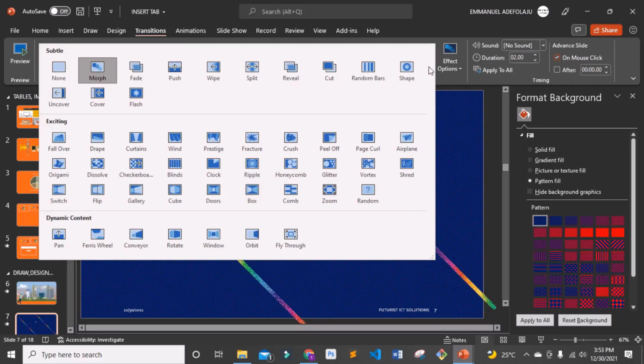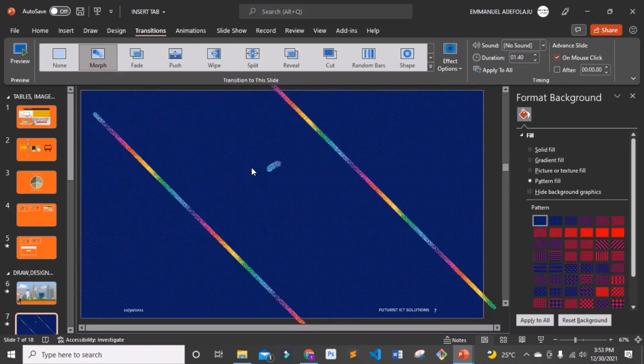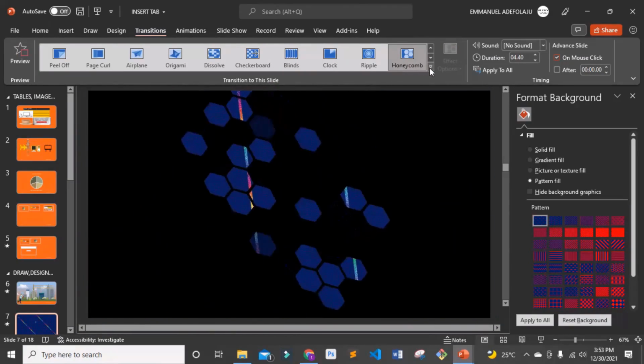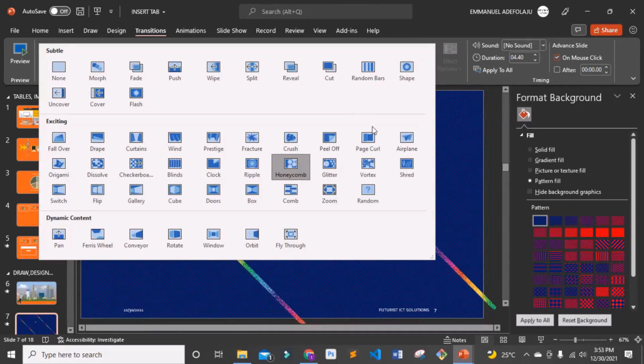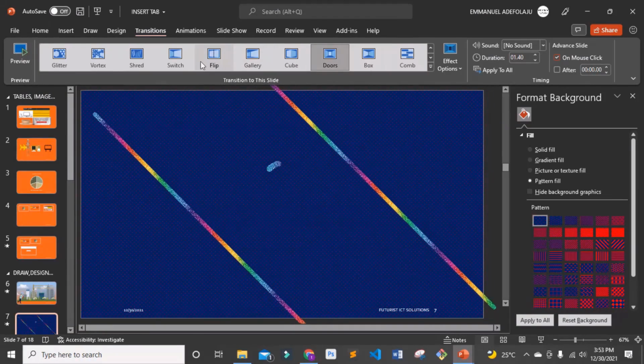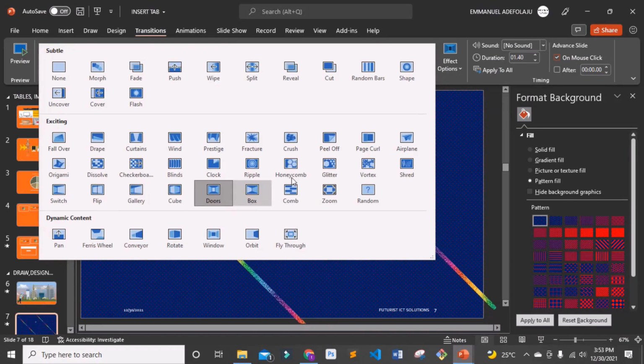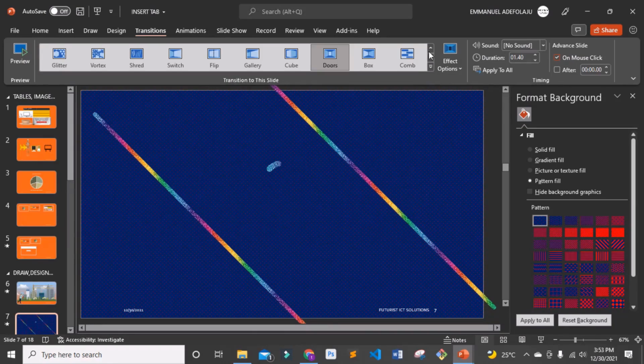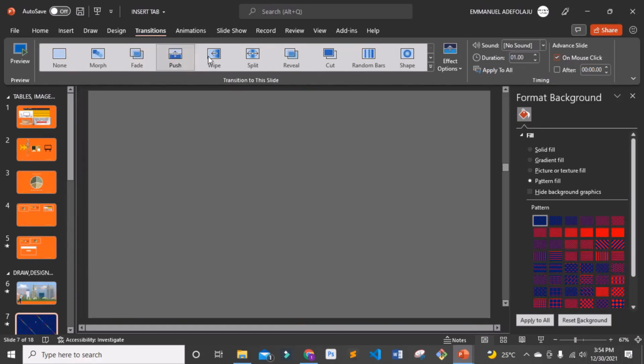Now, if you need more transition, you can use some of these transition, but if you are not careful, some of these transition will distract your audience from paying attention to whatever you are saying, and the transition may take their attention. You know, it depends. If you are using this to create 2D animation, or 2D adverts, you can use any of the other transition. But if it's for a professional presentation, I will advise that you use fade or any of these simple ones